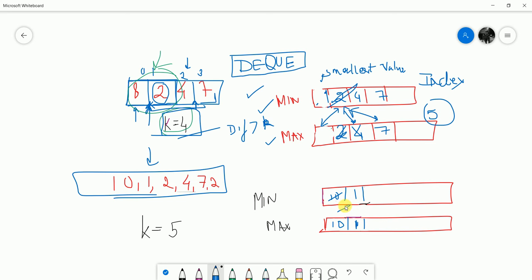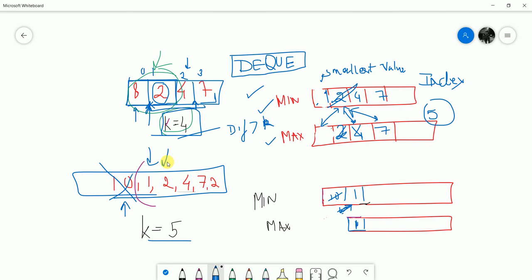Now we'll compare the first elements. So we see that after adding, we are comparing the front values. Okay, so we compare the front values, 10 and 1. Their difference is greater than 5, so we will pop the element. Since 10 occurred first in the array, the element being popped is 10. So I'll remove this from here. The element left here is 1, and the window now being considered is starting from here.